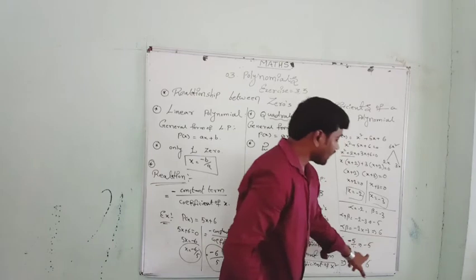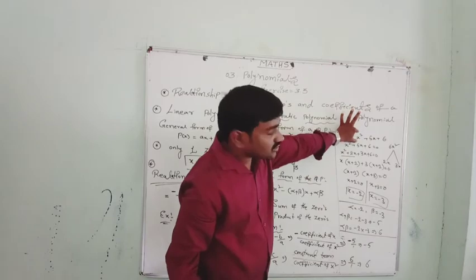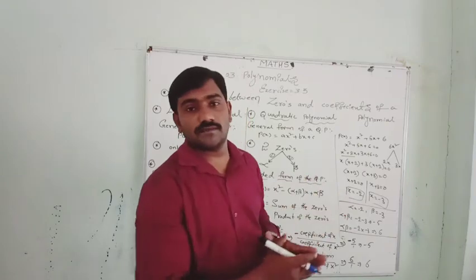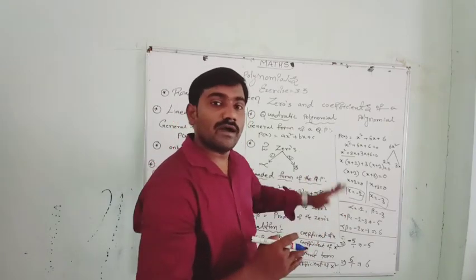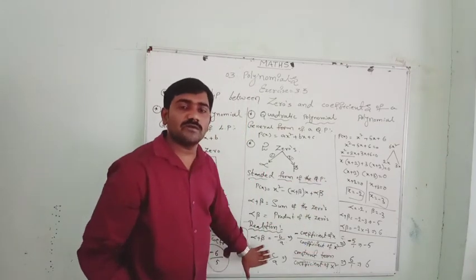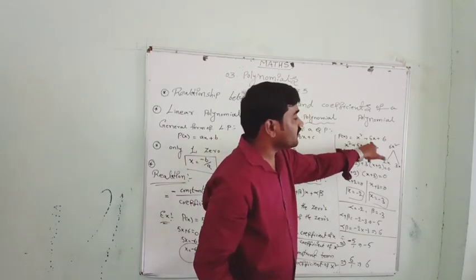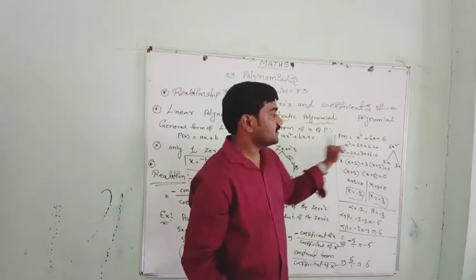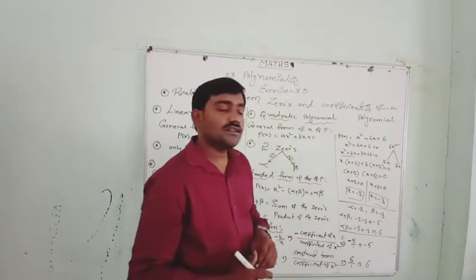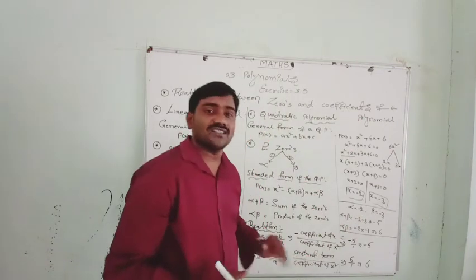See here, minus 5 comma 6. By solving this quadratic polynomial, the zeros we got are minus 2 and minus 3. The sum of the zeros is minus 5. The product of the zeros is 6. This also we got by the relation formula, directly by the minus b by a formula and c by a formula. Minus b, in the sense, b is 5 when you compare with the coefficients, so minus 5 by a, which is the coefficient of x square, that is 1, gives minus 5.